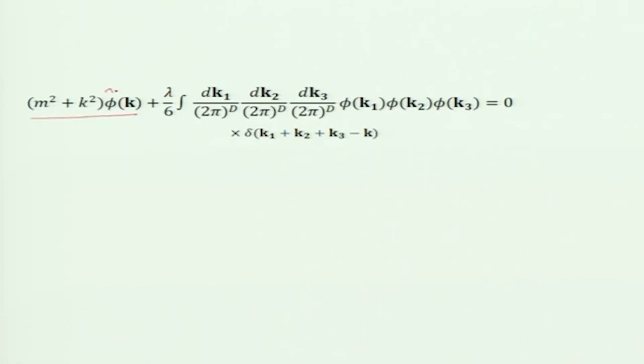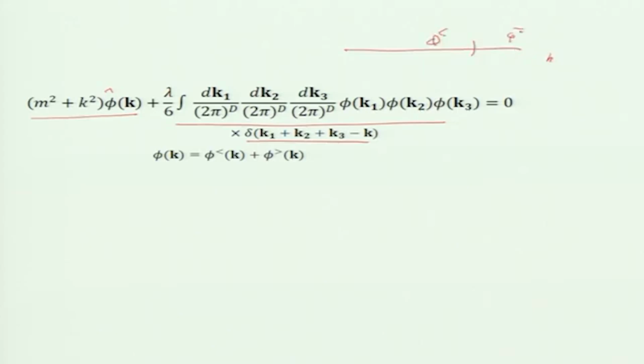I did not put a hat here, but okay, this is a, and these are nonlinear terms which have become a convolution and delta function. So, we divide phi k into two parts: phi less, which is for lower wave numbers, and phi greater, for larger wave numbers, and we are going to coarse grain on this. This was lambda and lambda 0. Lambda 0 is the wave number of the bigger sphere and lambda is the wave number of the smaller sphere. So, I am basically coarse graining on this in d dimensions,